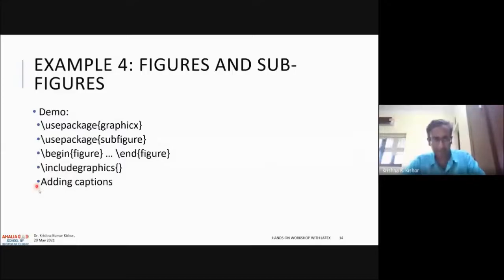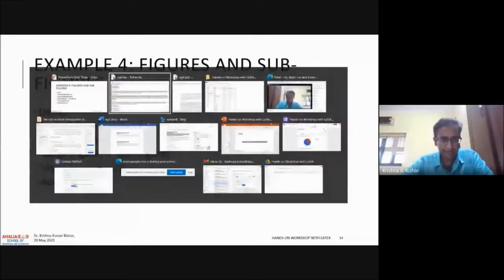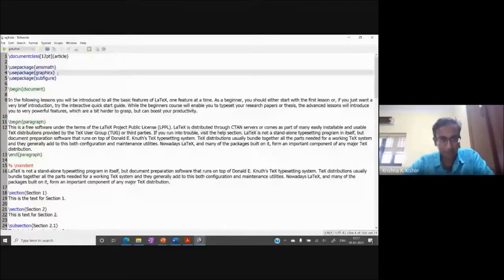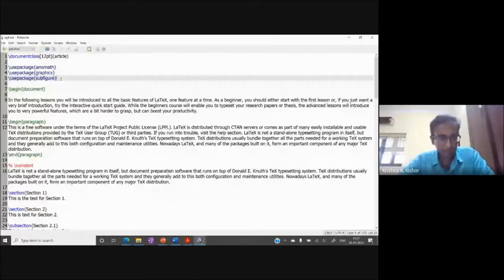So let's go through the LaTeX file. Again, the top of the LaTeX file is exactly the same. Note that over here, previously I had amsmath. Now I have the graphicx package and the subfigure package, right? You can add as many packages as you want, depending on the utility of the document that you want. So I'm not going to go over this. All this is the same as example 3, same section. The next section is